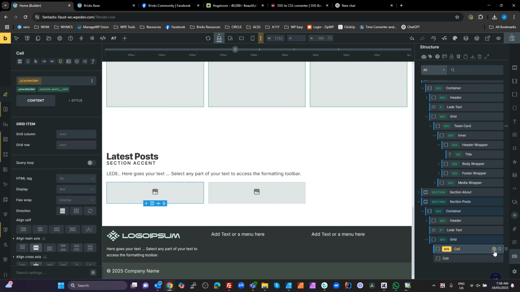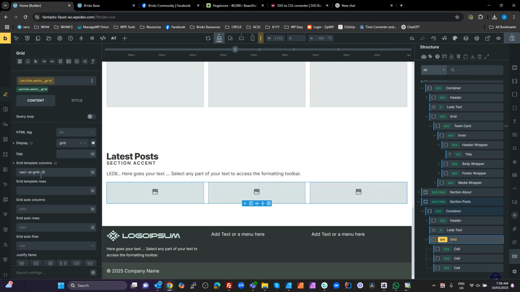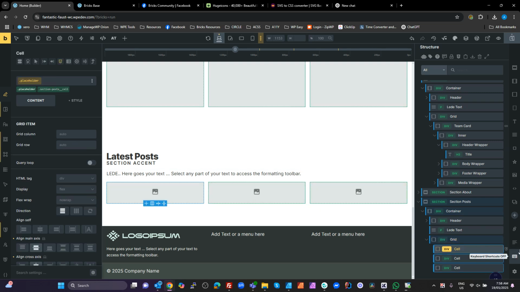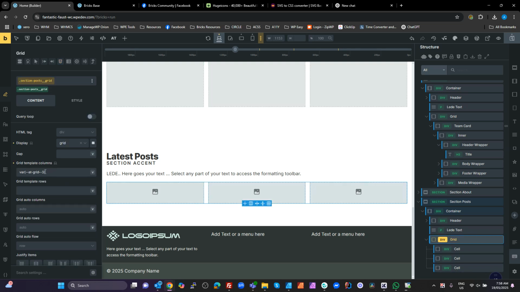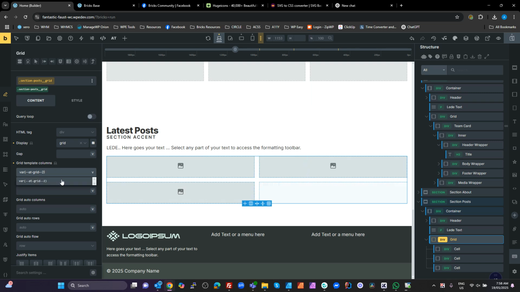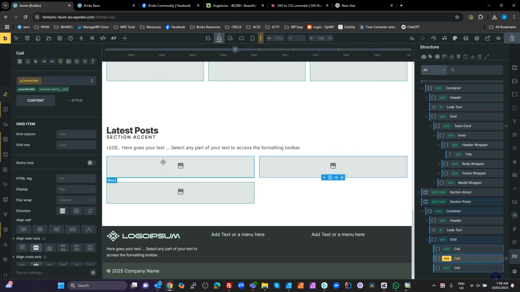Duplicate that again. Okay. And what do we do for the grid here? We set that to a grid of 3. So we're going to go to our first one and we're going to say, actually, we're going to change that to a grid of 2. We're going to change that there to a grid of 2. And you know, when you get these libraries and you find that there's lots of variations of the same thing, it's just different grid layouts, right? So you can go in here and say, okay, grid 3, grid 2 on this one here at the ID